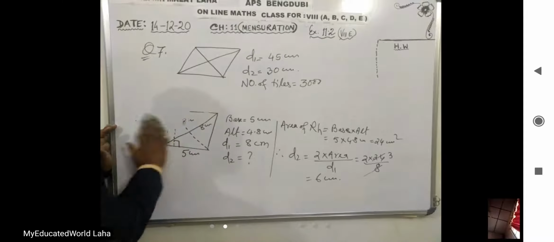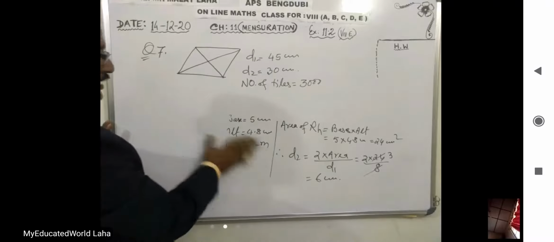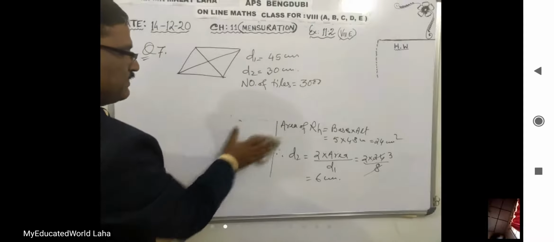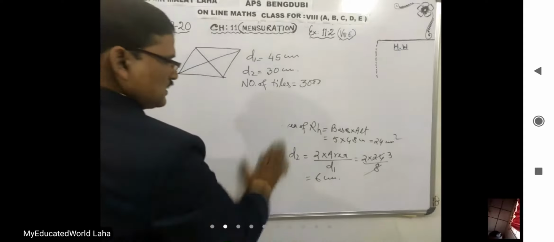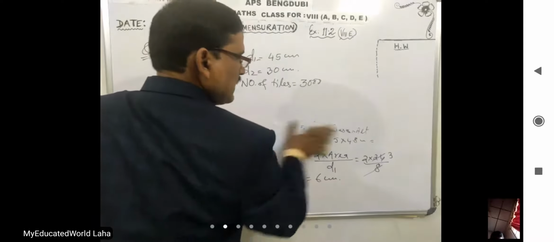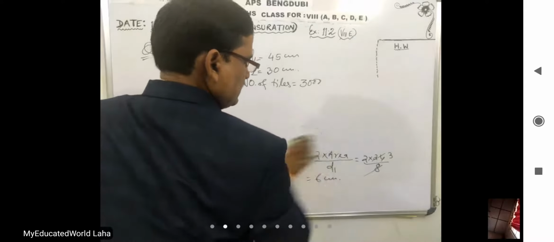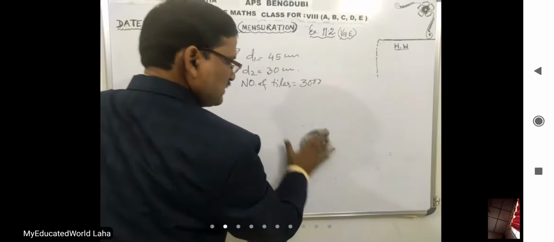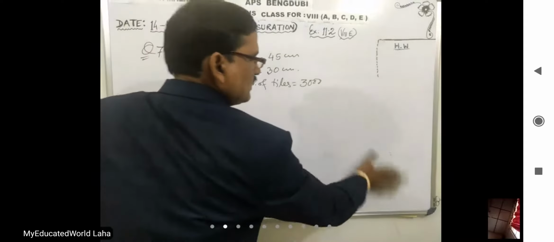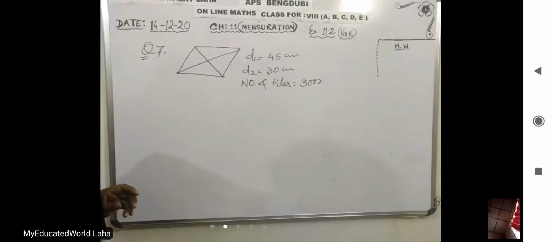Remember, at the end in your book the cost is given. That time the cost is given in meter square, but your tile is in centimeter square. So what to do? Tile area must be converted into meter square. After that you have to multiply that by the rate. Whether it is perimeter or area, you need to find the cost: perimeter or area multiplied by rate, you will get the answer.